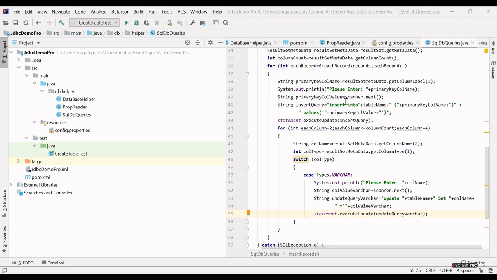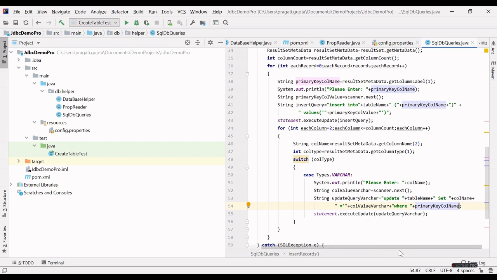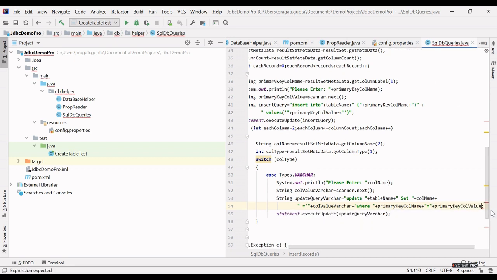Okay, we have inserted a record in this primary column, and the next columns are against this primary column, and I want to update this column value against this column name, where the primary column name value is this primary column value, right?